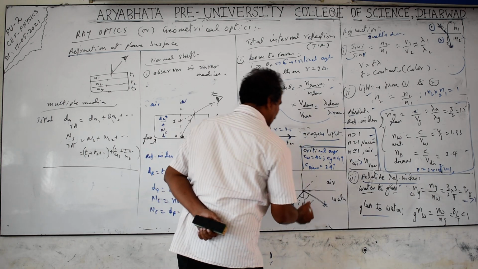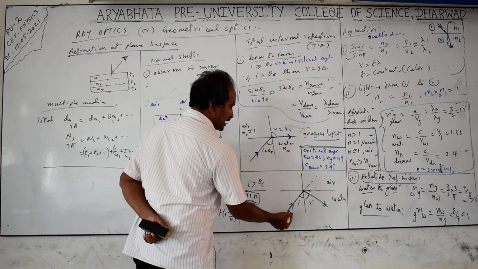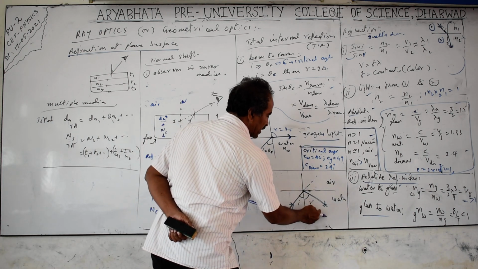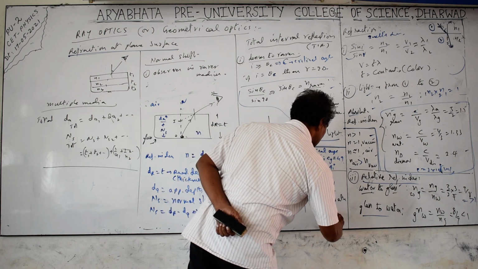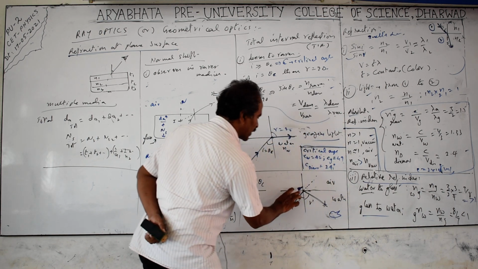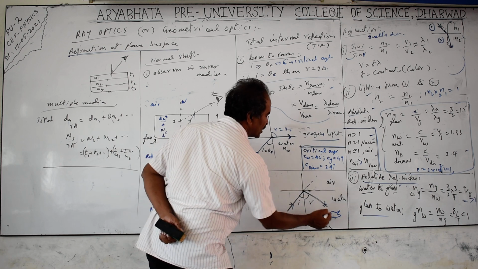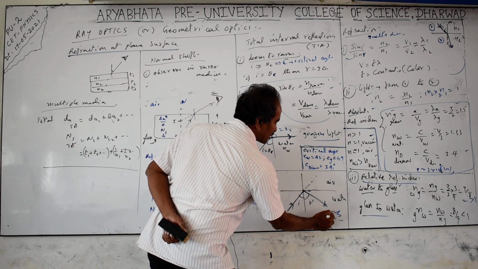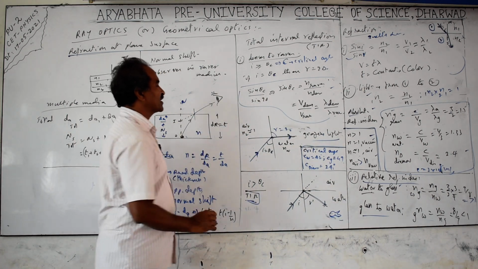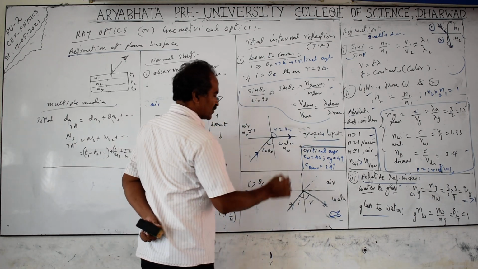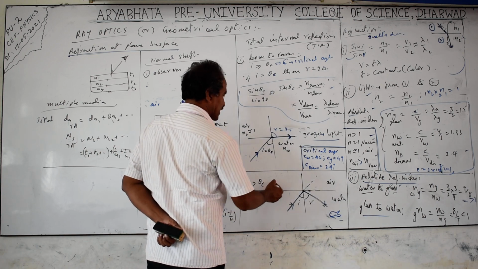But when I is greater than theta C, or greater than the critical angle, light comes back into the same medium. That means any fish or any objects in the water, you can see the reflection. If you are looking into this, you don't see the outside object, but instead you will see the objects inside the water. This is due to the total internal reflection. The condition to start the TIR is I equal to theta C, and to get total reflection the condition is I greater than theta C.